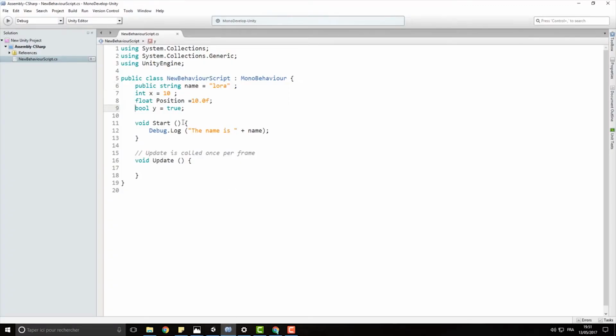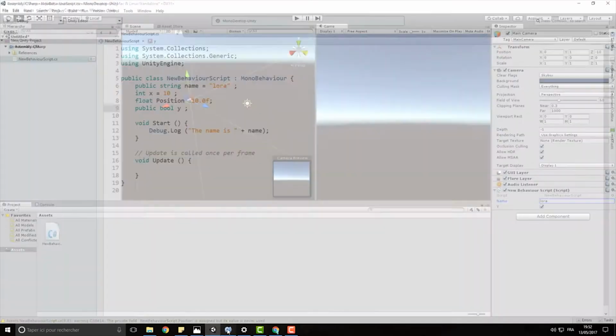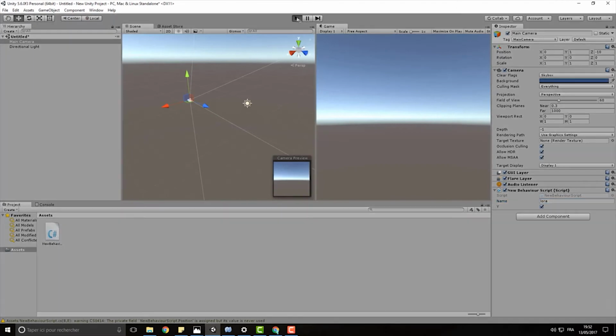So for example, when we work with the boolean, let's try to work with boolean y. So public boolean y. This variable is taking the last value we give to it. So when we hit play,